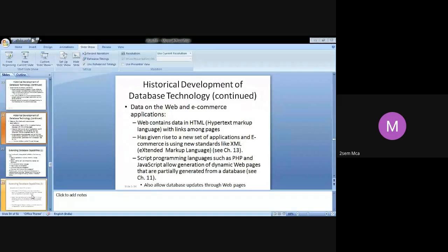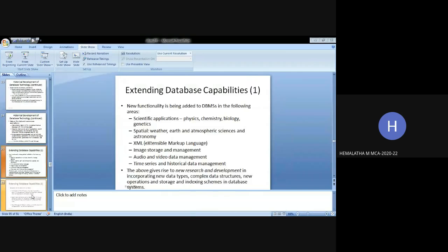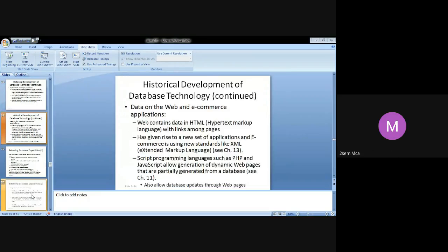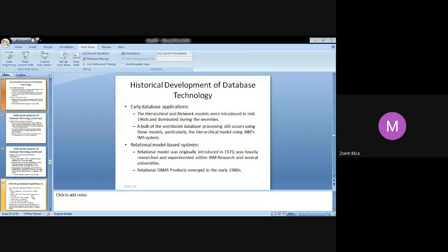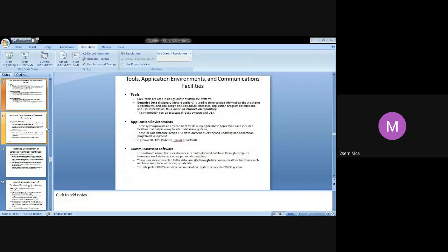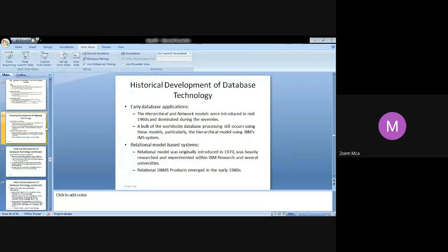Next, extending database capabilities. You are able to see now? Yes, ma'am. Okay. Then I will not go into the presentation mode. I think that's creating some problem. Let me do this. Is it visible to you all? No issues? No, ma'am. Okay.